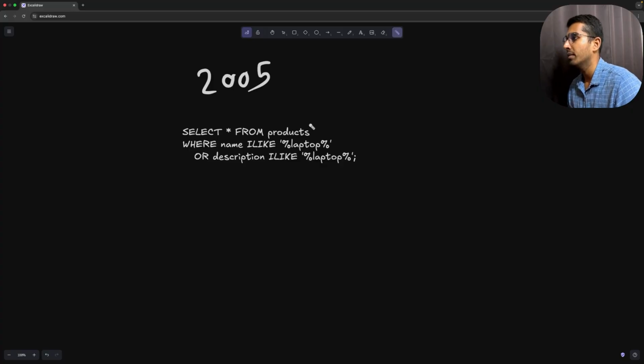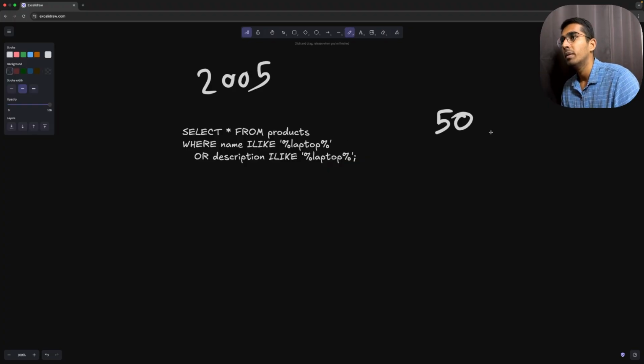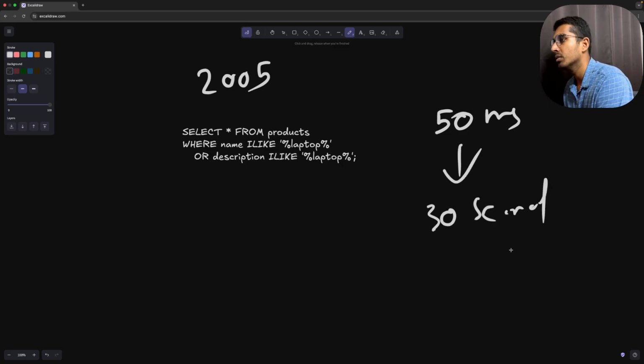Since it is 2005, and because of a lot of companies' growth, your company also grew, and it grew rapidly. Suddenly you had millions of products. The very straightforward LIKE and percentage symbol based search in your relational database query, which once returned results in, let's say, 50 milliseconds, now takes 30 seconds. And because of that, your customers are frustrated, your manager is frustrated,